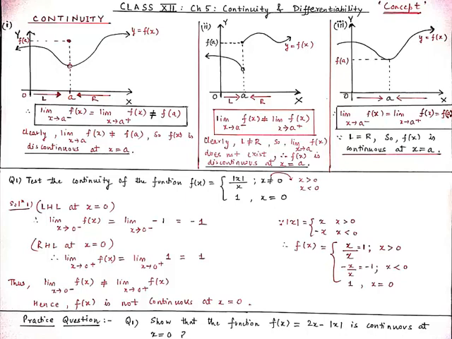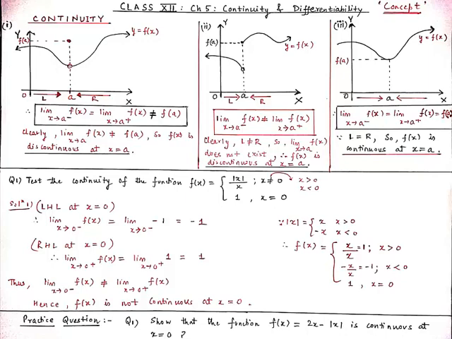So in the first case, as you can see, I have drawn the curve y = f(x). Here this curve is defined at x = a. Here the limit from the left hand side approaches towards a, and the limit from the right hand side approaches towards a. So both of them will coincide, but as you can see, there is a hole in the curve because limit x tends to a f(x) is not equal to f(a). So students, our function f(x) is discontinuous at x = a, as limit x tends to a f(x) exists, but it is not equal to the value of f at x = a.